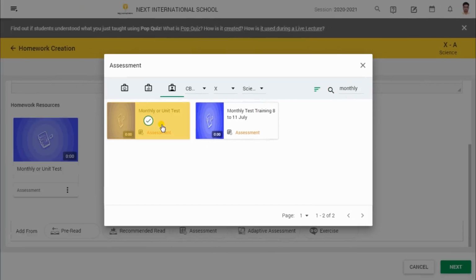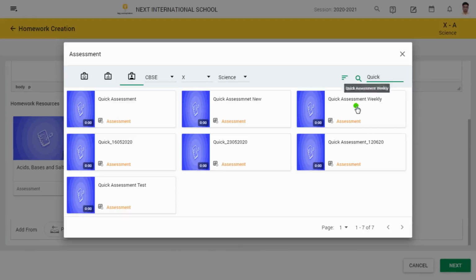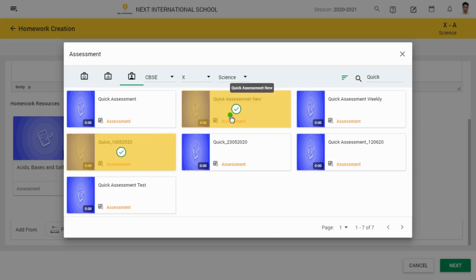If static assessments have already been created using Quick Assessment Generator and Collection Generator, those assessments will be displayed here, and we can select those as well. The steps to create static assessments using the assessment generator has been covered in the video Creating Assessments using the Collection tool. We can select a single assessment or multiple assessments at a time.